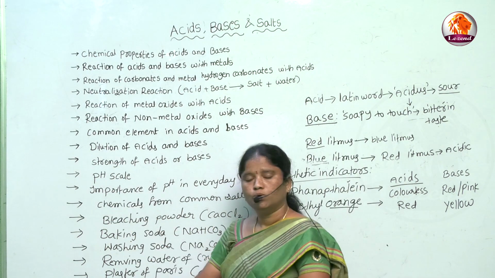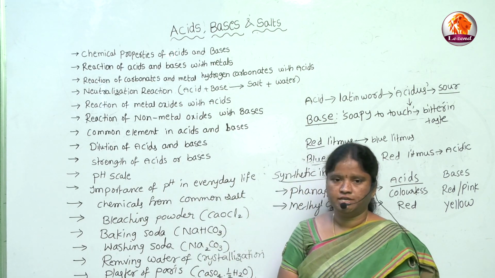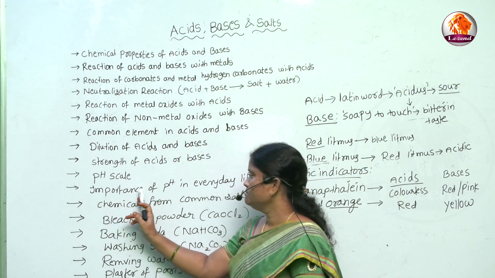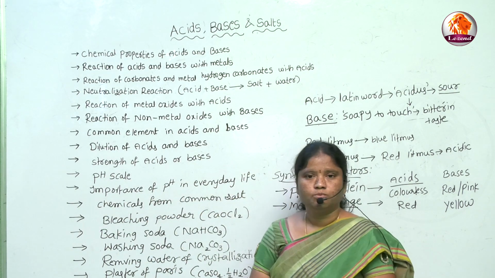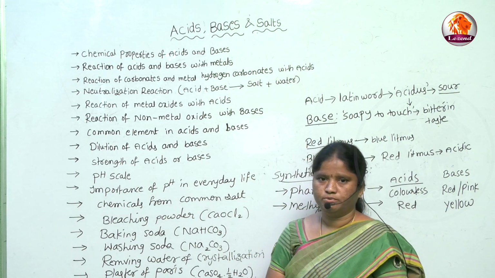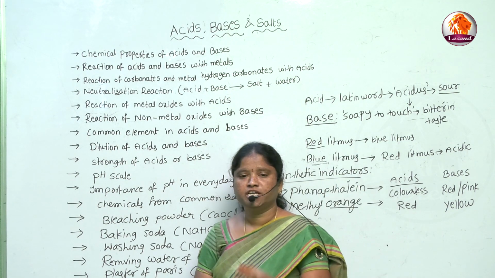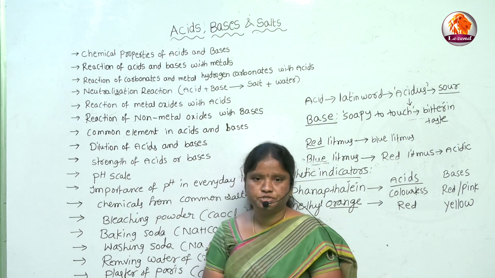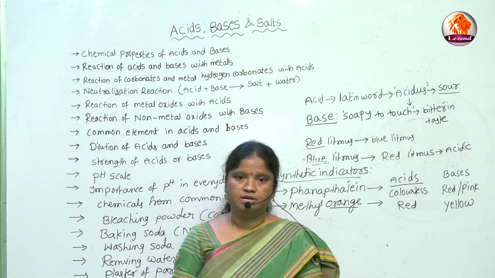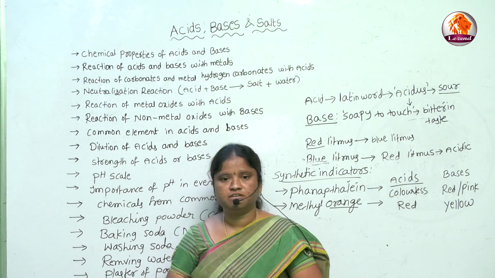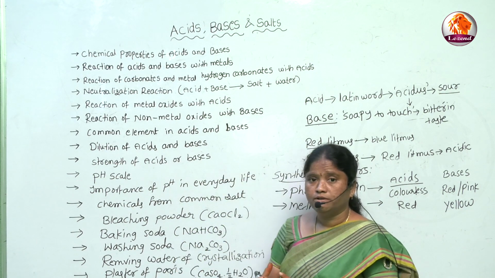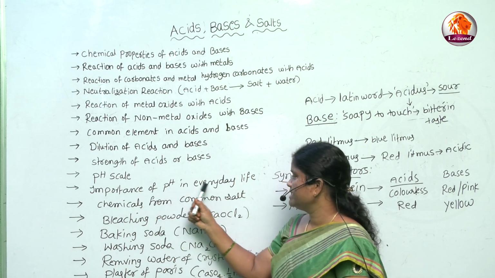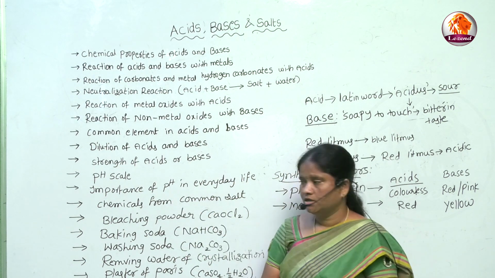So about the pH scale, we can learn who introduced it, how we identify, and what colors it shows on the pH scale. And also the importance of pH in everyday life. What is the importance of these pH values? Rainwater, the pH of acids in our mouth, how much it should have, the pH of the soil, and the pH of the acid in our stomach. So these pH values have importance in our daily life, and we have to learn how it affects us.